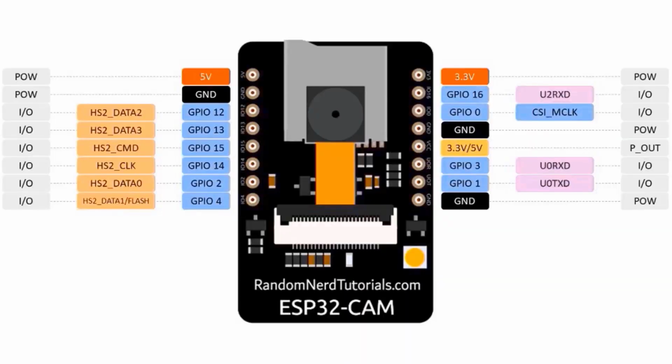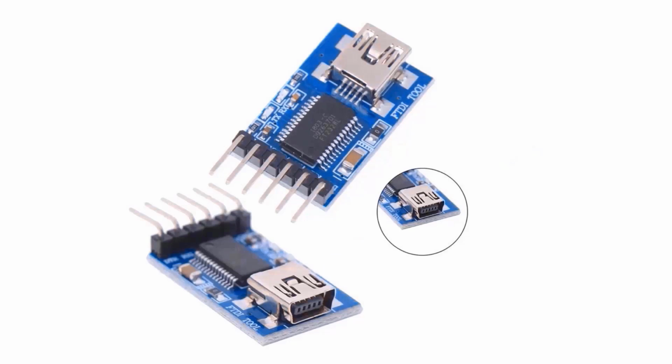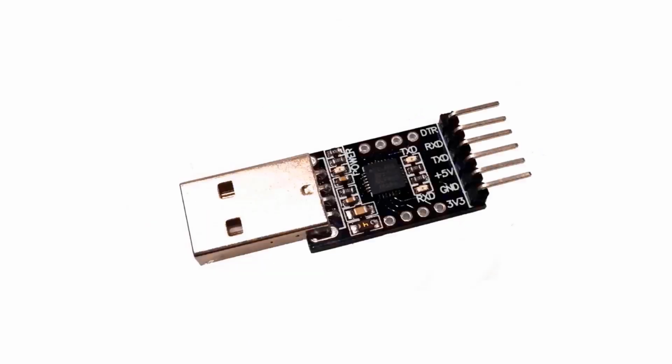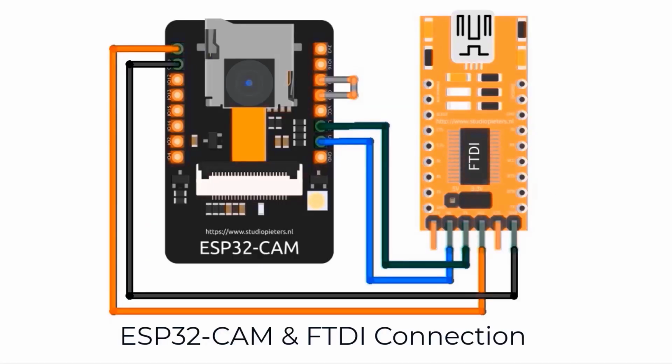The board does not have an onboard programmer, so in order to program this board, you can use any type of USB to TTL module. Please follow this connection diagram. Connect the 5V and GND pin of ESP32 to 5V and GND of the FTDI module. Similarly, connect the RX to VOT and TX to VOR pin. Also, solder the IO0 and GND pin together. This is to put the device in programming mode. Once programming is done, you can remove it.